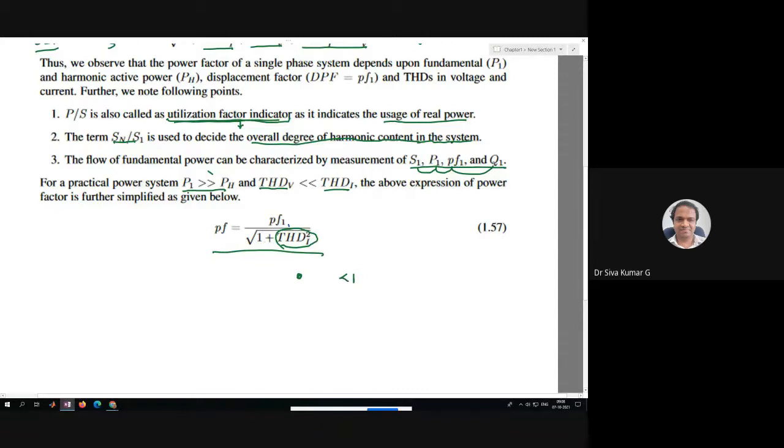And obviously this 1 plus that is higher, so the denominator value is higher. It decreases the power factor. When this value is 1, the power factor is equal to 1 only. When this denominator is much higher, the power factor is very less. This is how, with this equation, we can say that the power factor is influenced